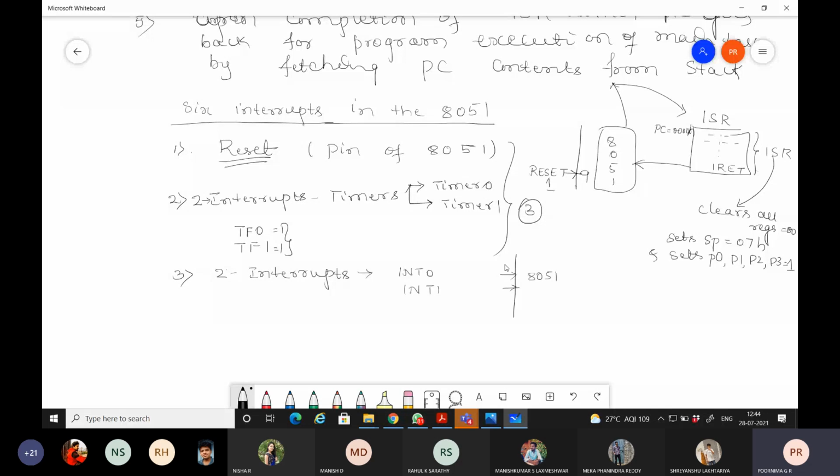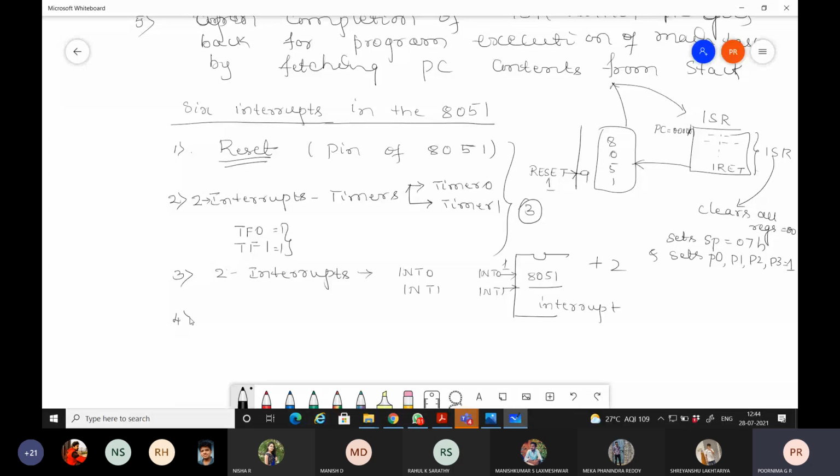If this is your 8051 IC, the external pins INT0 and INT1 are connected to it. Whenever an active high signal comes through these to the 8051, it is considered an interrupt. So totally, plus 2, it is now 5.